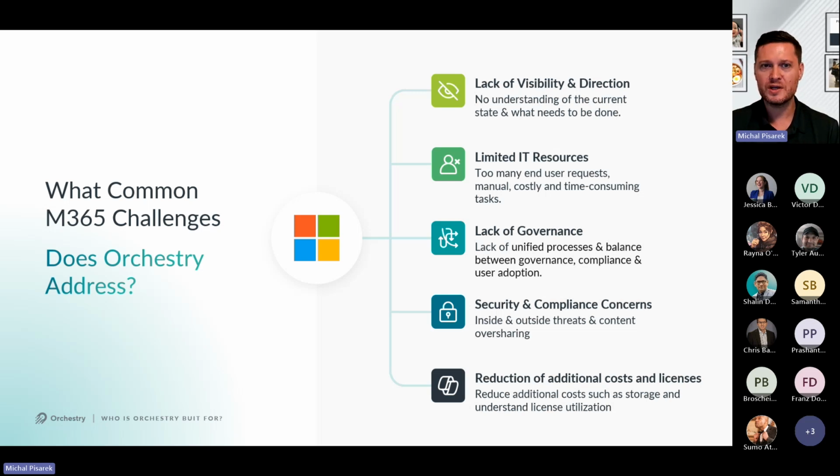But we also know that, again, that balance can be a little bit lacking. So we want to provide you that balance within Orchestry as well through some self-service provisioning capabilities, and also the ability to really get your content owners involved in that entire process around managing governance and managing security. Security and compliance concerns, we know that's a huge thing, especially now with Copilot coming up and everyone getting